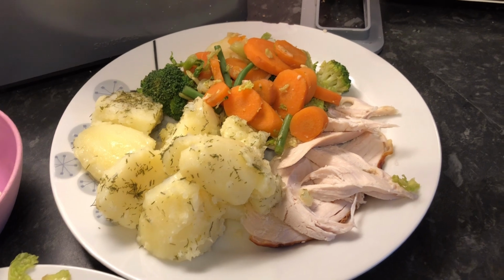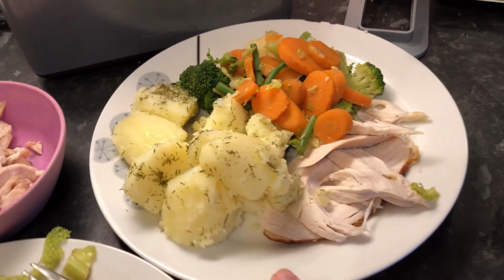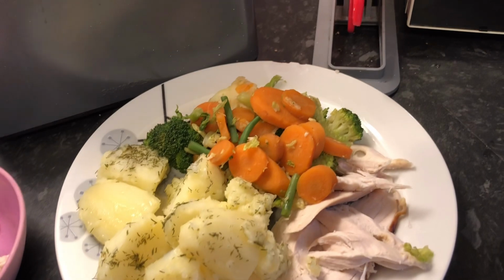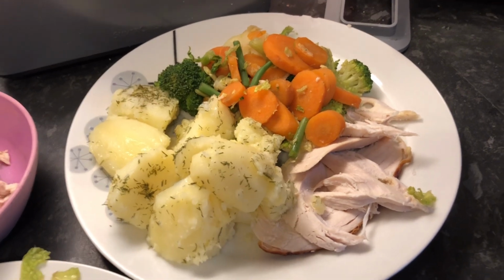Here's my Sunday dinner. So I've got some chicken. This is a rotisserie chicken that I bought in Costco, and I've got potatoes. They've got Lurpak lighter on and some dill, and then I've got half a bag of 5 vegetable mix from Tesco. I'm going to have some gravy on here, and I've also got an Aldi Yorkshire pudding in, so I've